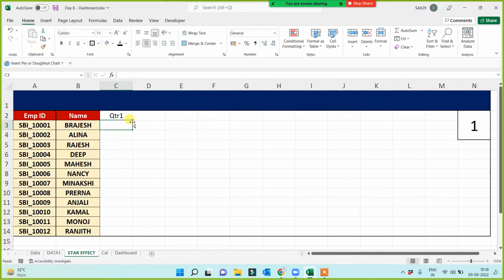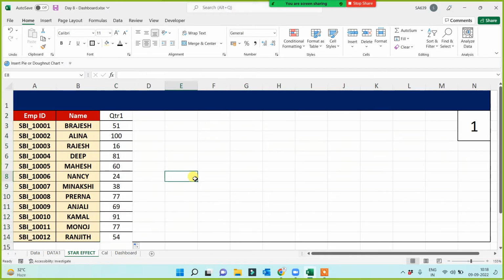So now in this case you will get data on the basis of quarter. How? If you put 2 here, you will get the second quarter performance. If you put 3 here, you will get the third,